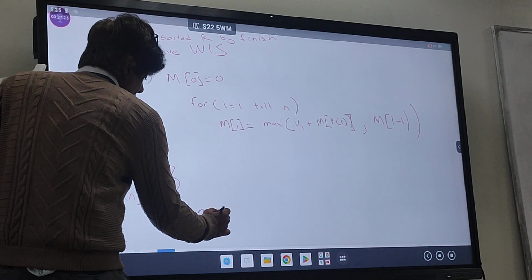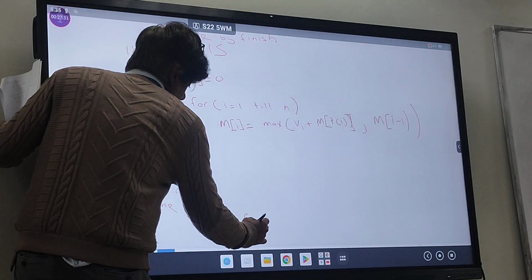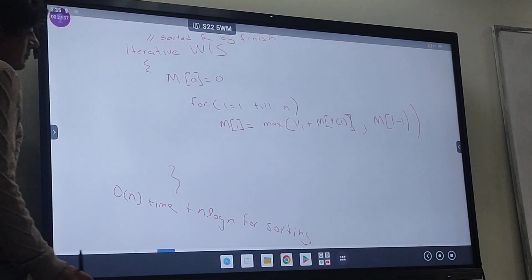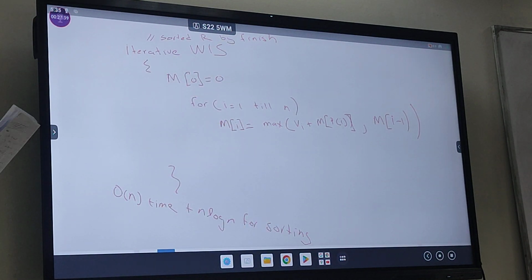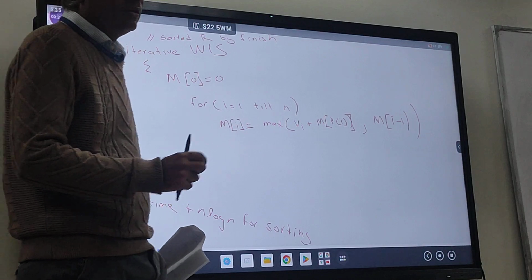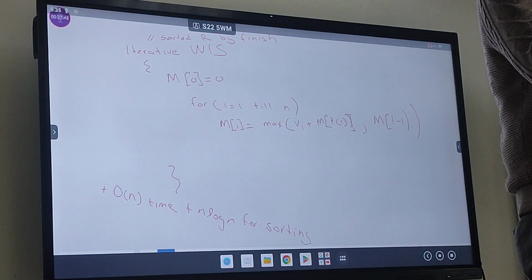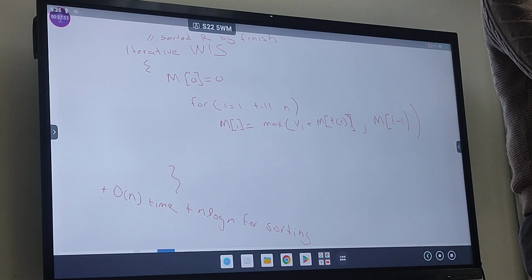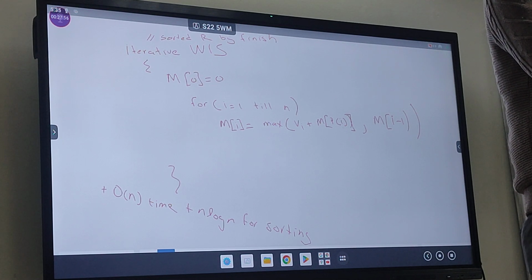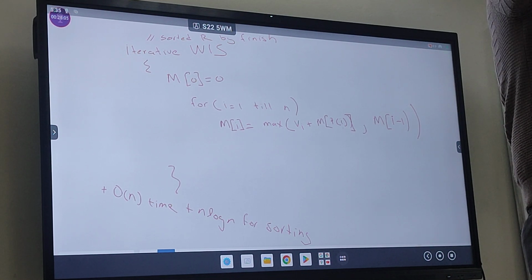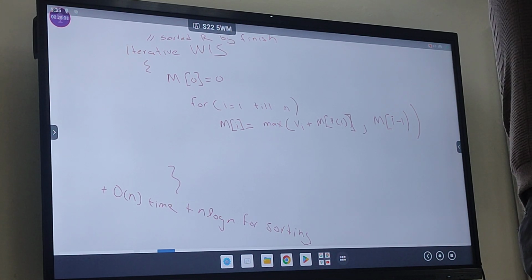plus n log n for sorting. वो कंप्यूटिंग जो कर रहे हैं हम ये P of I के लिए, वो भी तो एनालॉग ऑफ एन में होगी ना, बाइनरी में? नहीं, बाइनरी नहीं, लीनियर कर रहे हैं वो जो कंप्यूटिंग कर रहे हैं P of I. Once it is sorted, यस सर okay, so how difficult is it to find if something is overlapping or not? You only need to go from one end to the other end, look at the finishing time, look at the starting time.